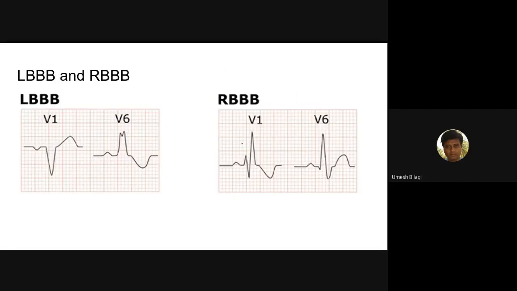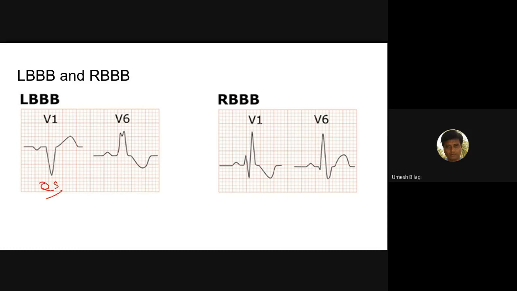Okay, this is much better. So this is a case of LBBB. This is the V1 lead, V6 lead. You can see here, in V1, there is almost a QS pattern, and you get an M pattern here in V6. Whereas in RBBB, it is almost opposite. See, in RBBB, there is a W here. Sometimes this can be like this, or like this also. Sometimes a small R may be there inside. So this is QS, what we call.